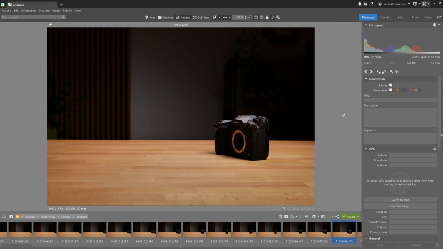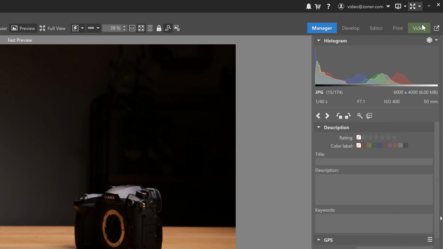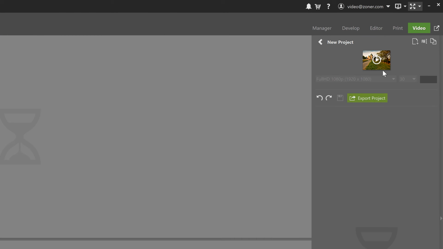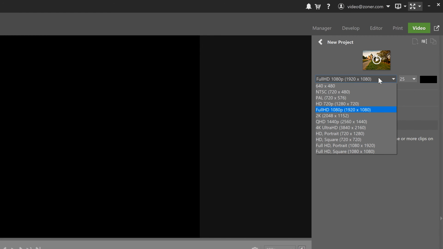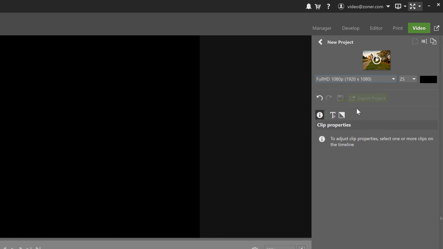And once we're done shooting, we can start editing. Add the images to a folder in the catalog with preloading to make working with files as smooth as possible. And after you have the images in the right folder, open the video module and create a new project. Set up the resolution to full HD and the frame rate to 15 FPS, as we already mentioned earlier.